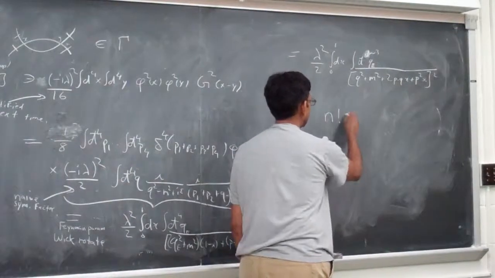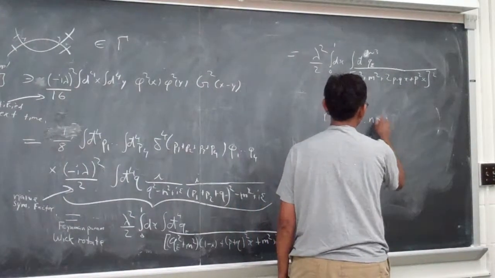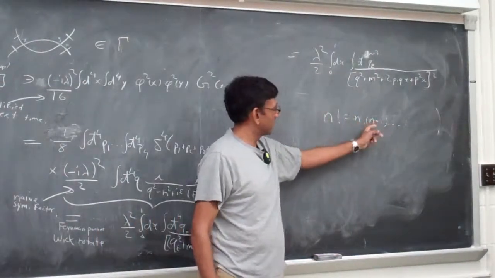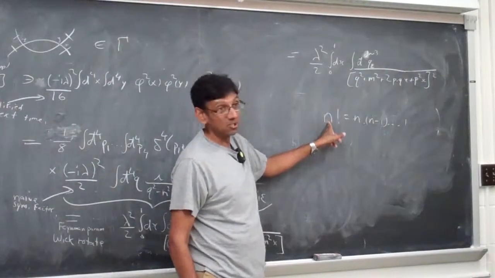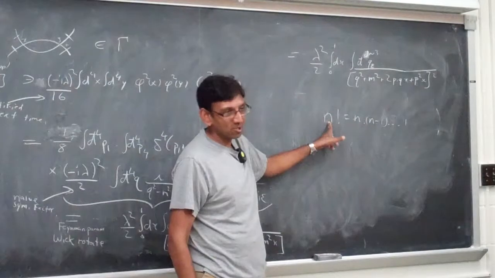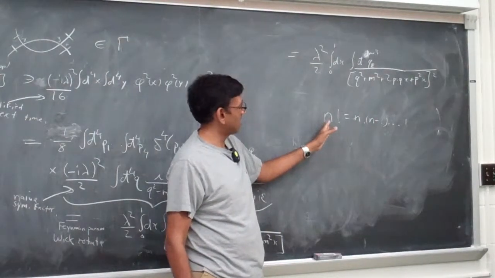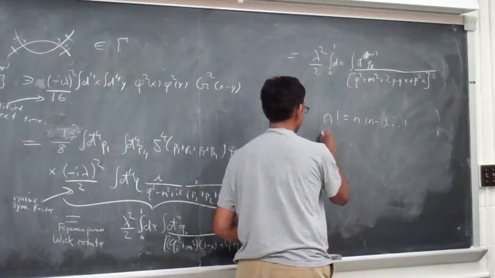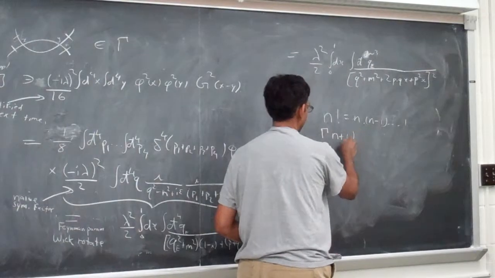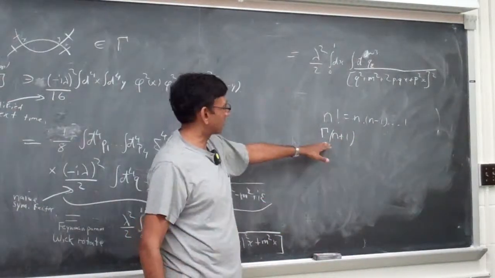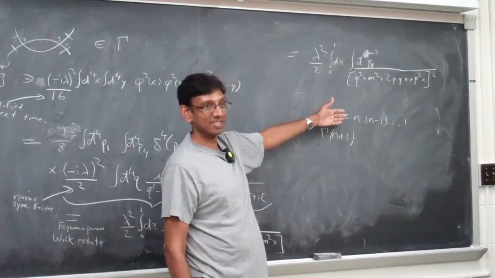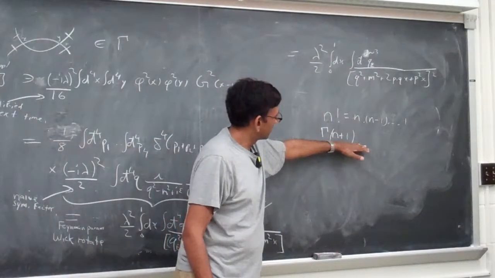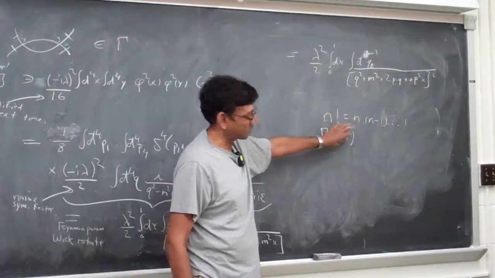n factorial is equal to n times n minus 1, down to 1. This is so obviously defined as a function of an integer that it is insane to think that you could define this for n fractional. And yet, there's that beautiful generalization of this, the gamma function of n plus 1. For n integer, it is exactly this, but it interpolates beautifully in between. Okay? So, this is defined in that sense for fractional n.